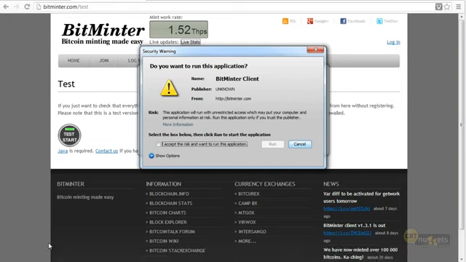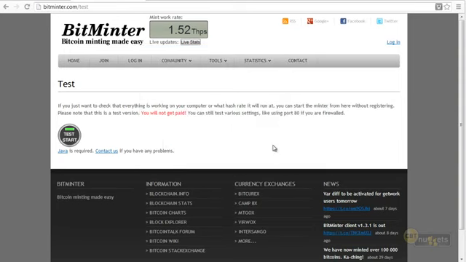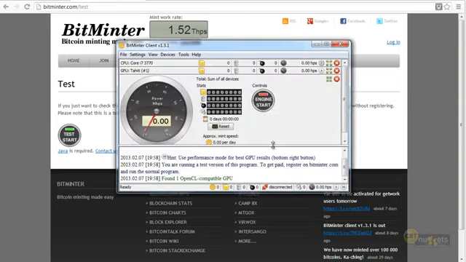So normally on a computer, you'd never want to run an application or anything else if it's not signed by a trusted entity. Now, this did literally come from Bitminter. I'm not at HTTPS, but I do have reason to believe I'm at the right site. I'm going to go ahead and run it. But just as a word of caution, in general, you probably don't want to run suspect applications if you just aren't sure what they are. So this little test applet I'm fairly comfortable with. I'd be more comfortable if it had been signed, but that's okay.